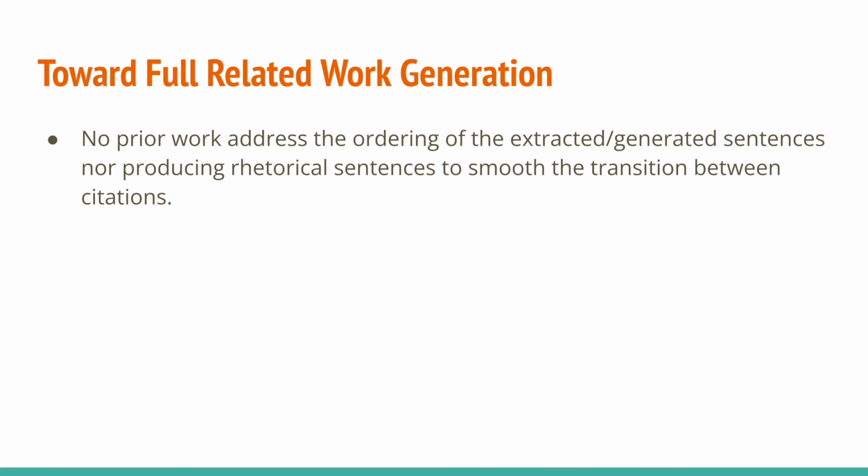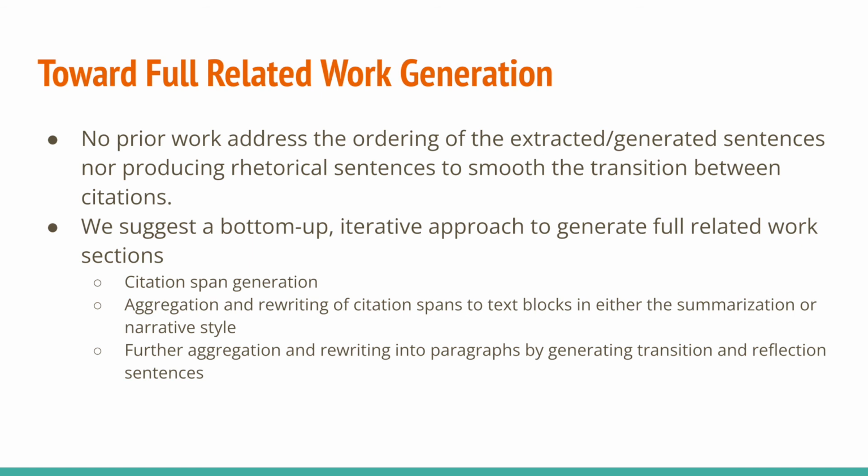Last but not least, we discussed the roadmap towards the full related work generation. So far, there's no prior work addressing the ordering of the extracted or generated sentences, nor producing rhetorical sentences to smooth the transition between citations. We suggest a bottom-up, iterative approach to generate full related work sections by performing citation span generation, aggregation and rewriting of the citation spans to blocks in either the summarization or narrative style, and further into paragraphs by generating transitions